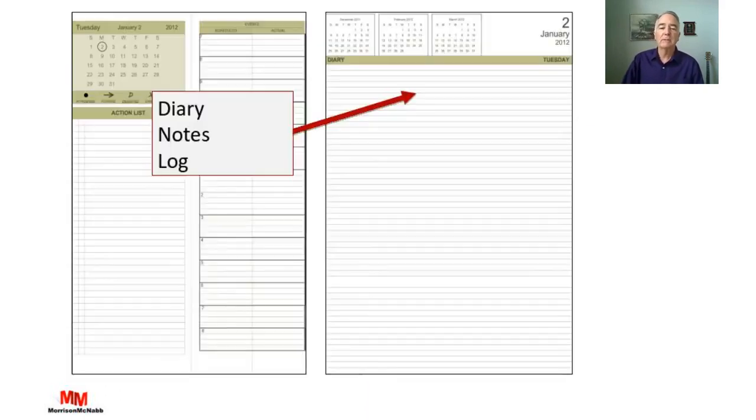So gather all your to-do lists, and then go to, remember the diary notes log section, go to the nearest Sunday. So if you're doing your planning on a weekend, if it's Saturday, it's the next day, the Sunday page, or if you're doing this on Sunday, it's that date. So why Sunday? Because you're generally not working on that day, so you're not capturing any notes. This is a place where you're going to dump all of your to-dos, everything, almost everything. You're going to dump everything that's on all of these various ways that you use for capturing your tasks, your to-dos, your action items.